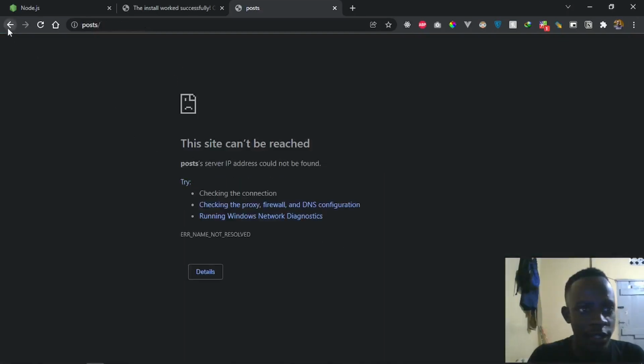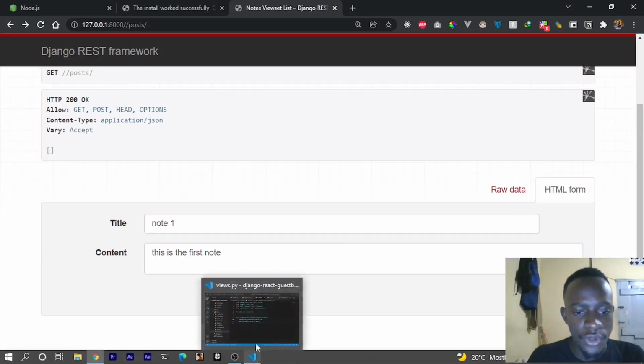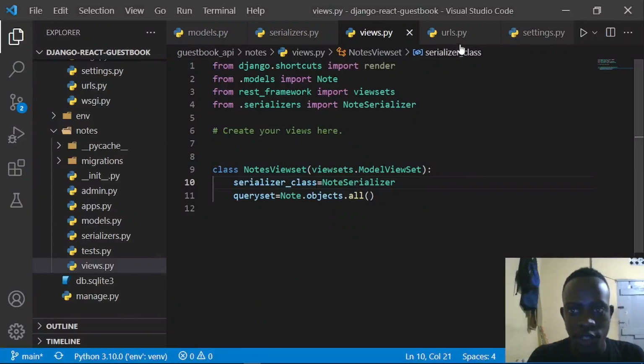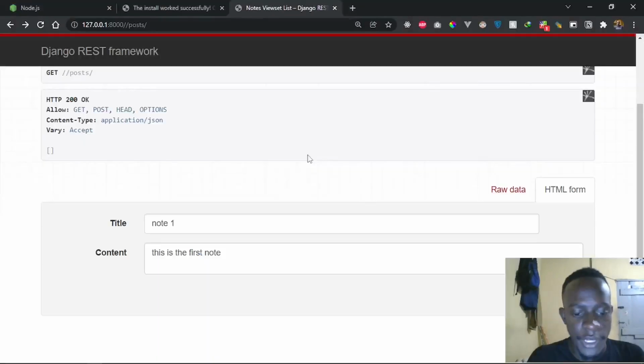Actually, let's see. Let me go ahead and see. When I go to our URLs, I need to correct something. When I go to our urls.py, maybe I have to first remove this. So I'm going to remove the post. And when I refresh,